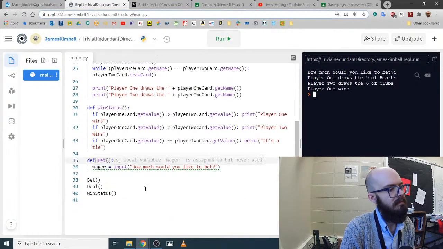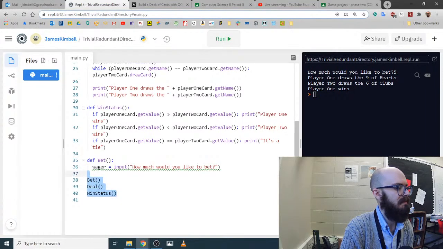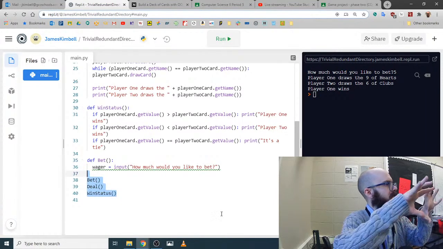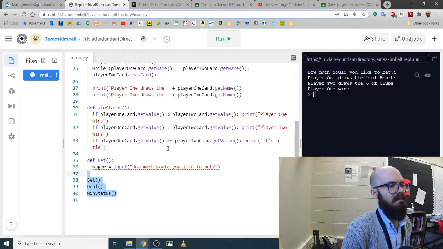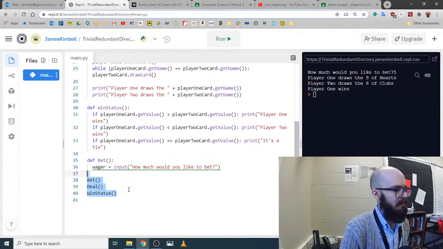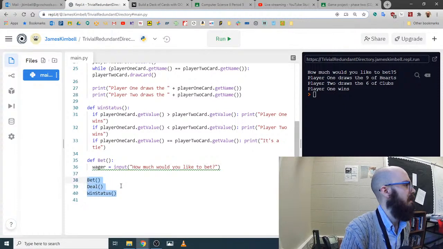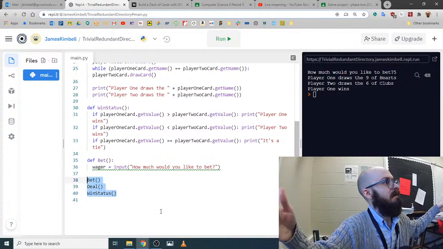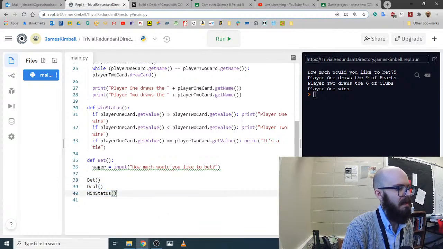Hey, so now our program is just this, and then this expands into these, and these reach into this. But isn't that beautiful that our program is just 3 lines, and then they have a lot behind them? To be able to write it out like that is just so nice, because you can replace the innards and this part remains. Like if I change how I want to do the bet, this part can do whatever it wants, but this line can stay here. And if I change how I do the deal,